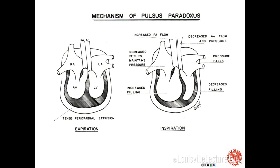So this is just a visual representation of what we just talked about. This is if you have a tense pericardial effusion. Remember, the pressure in here is going to be greater than the diastolic pressure on the right side. So I take a deep breath in, my intrathoracic pressure decreases, my venous return increases, my RV fills more, and the only place it can go...